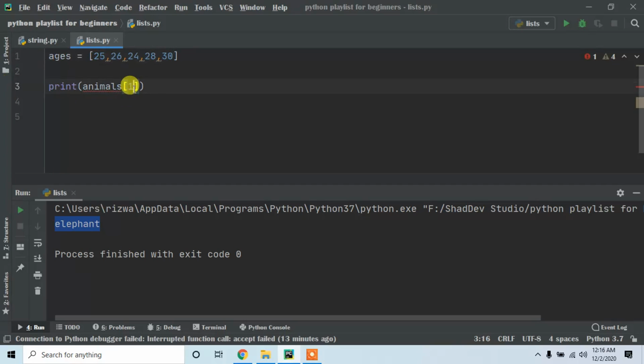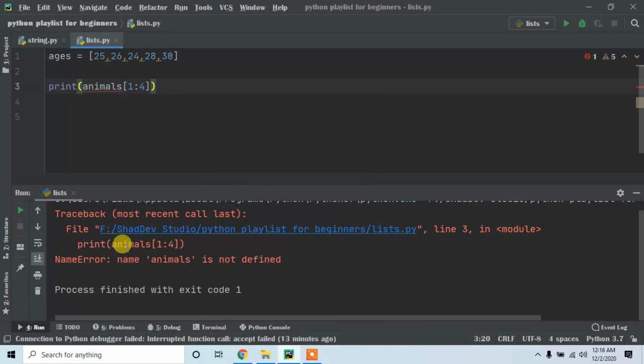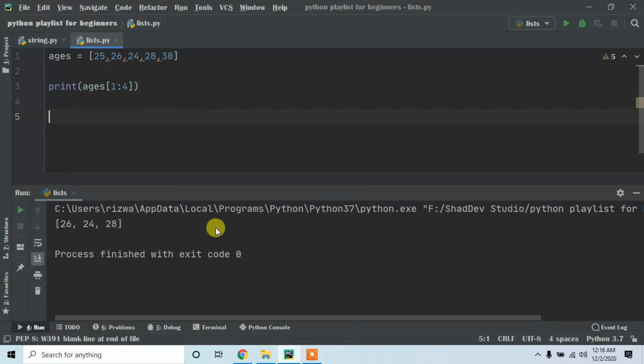If I pass 1 colon 4, as we have only 5 elements, we have to be in range. It says animals is not defined. Oh sorry, we have to put it here as ages. So you can see it's giving us 26,